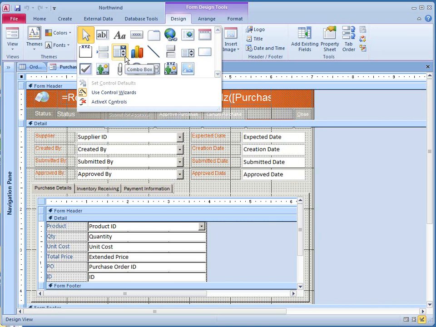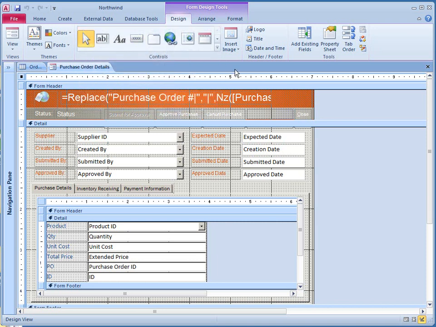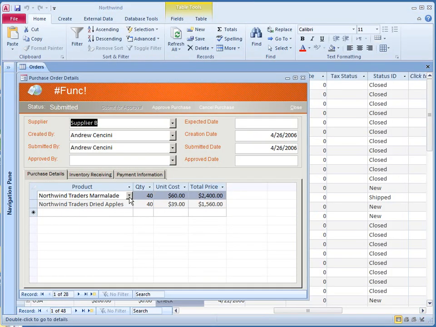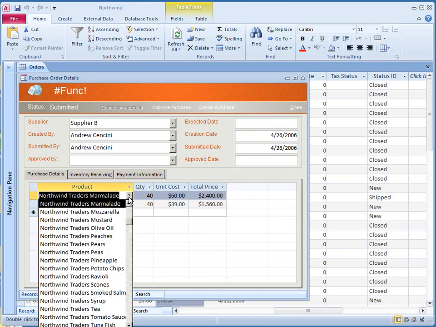There are several types of bound controls, but let's focus now on the basics of creating just one kind of bound control called a combo box or the drop-down list control. Adding a drop-down list box to your forms or reports can be useful when you want to use less space on your object because the values in a drop-down list are not displayed until the user opens it to select